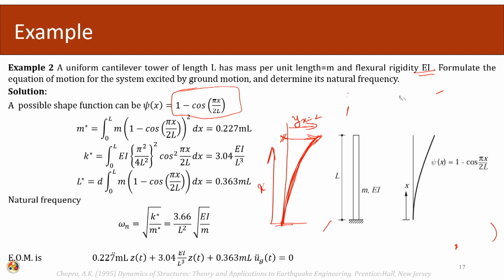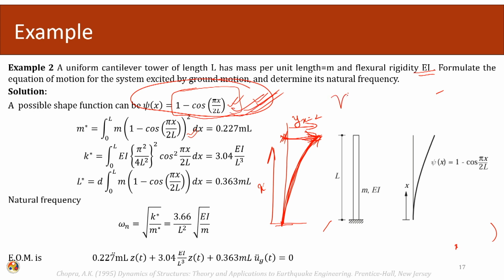If I use this particular function, the calculation is easy. The ease is in calculating m star, k star and the forcing function f star. But I am restricted to only one degree of freedom here. If I have to choose y at some other point, it becomes cumbersome. If I have to choose the maximum displacement, this type of equation can be used. So this is my choice of shape function, instead of the deflection function.